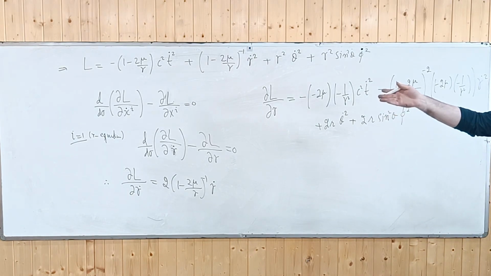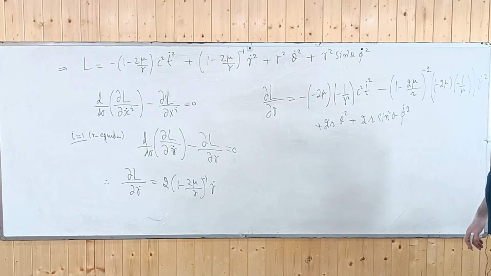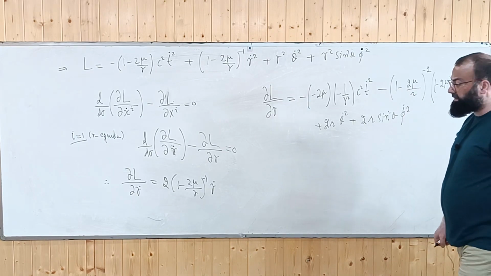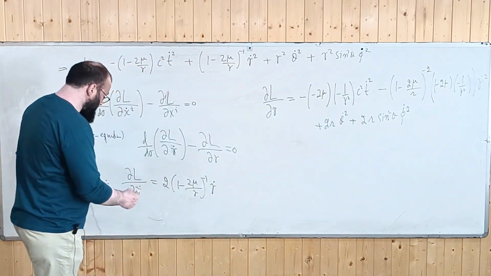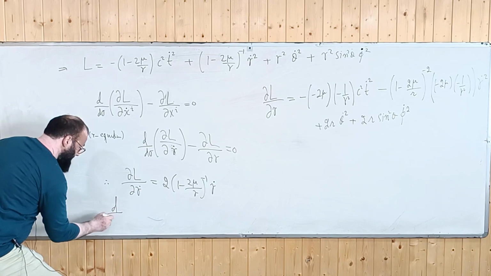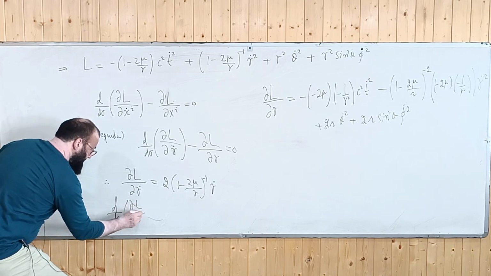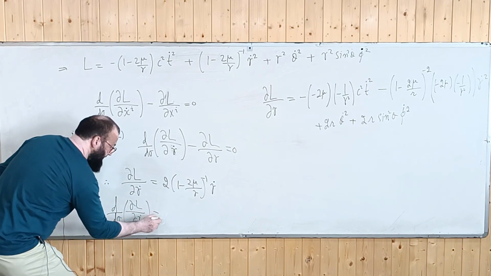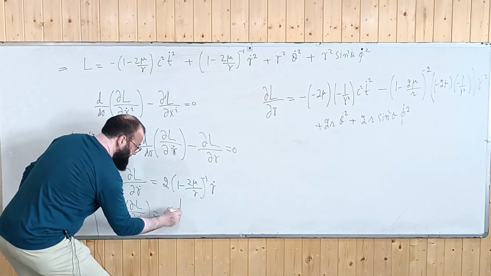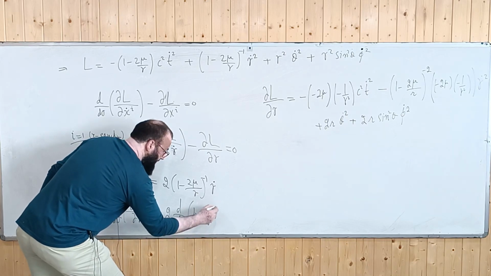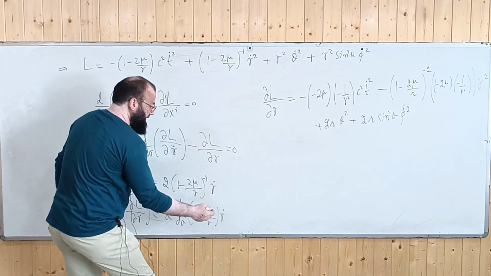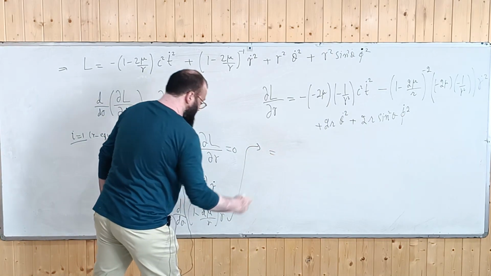Okay, so now let's substitute it in the equation. Now you are having a differentiation. So let me write this thing, d by d sigma of partial L by partial r dot. So 2 will come out. So it is d by d sigma of r 1 minus twice mu by r and r dot. So how much is that? So that is equal to,